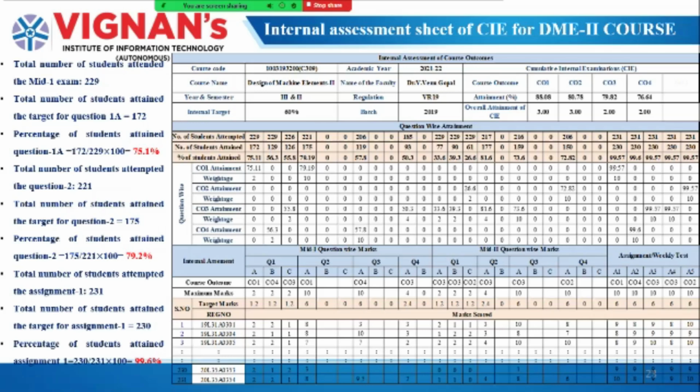So here the total number of students attempted is 229. Question 1 attained is 172. The percentage is 75.1%, meaning 172 by 229. That is 75%. Similarly for the second question also,